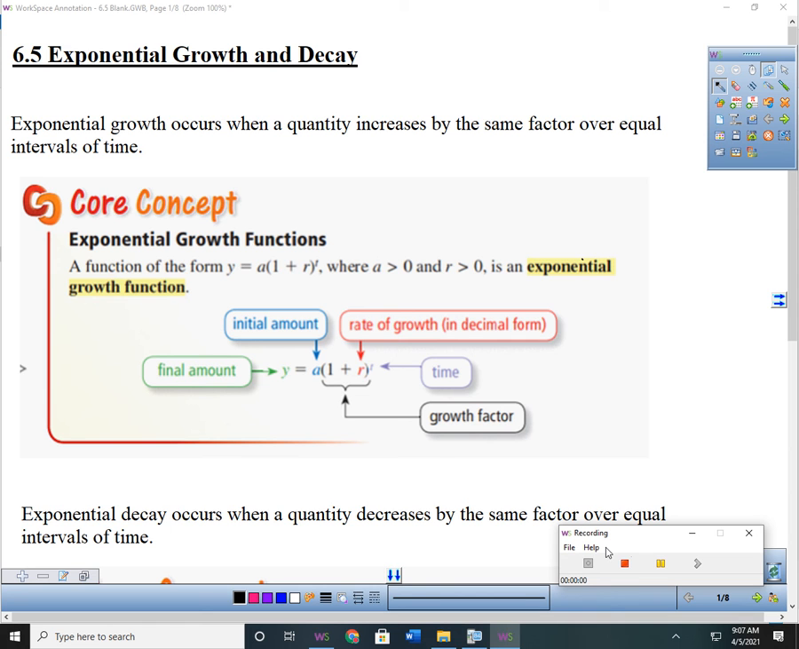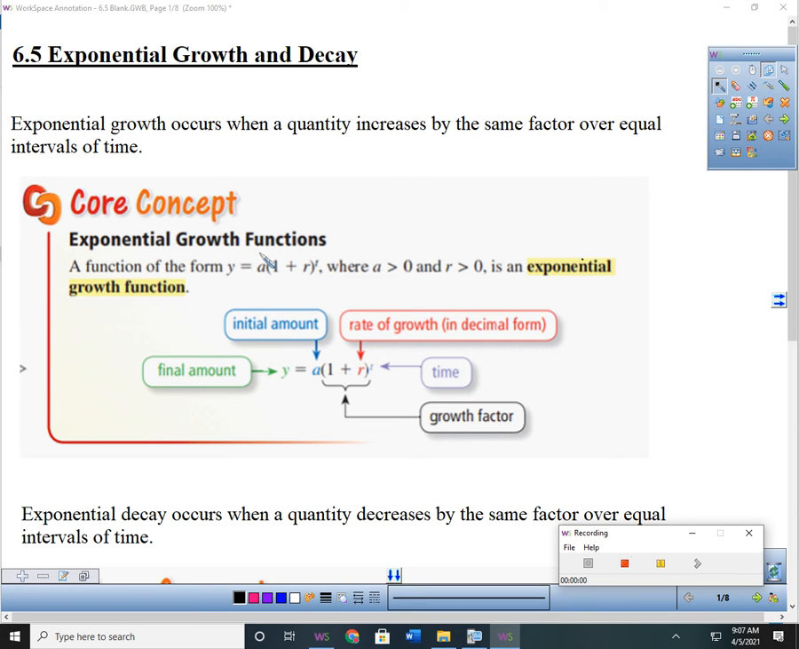Right, so we're going to be talking about exponential growth and decay. We've already talked about exponential functions. A growth occurs when our quantity increases by the same factor over equal intervals of time. Okay? So when you look at an equation for exponential growth,